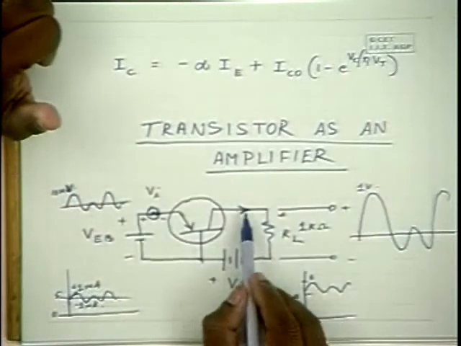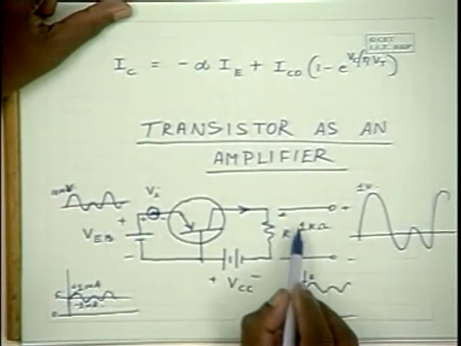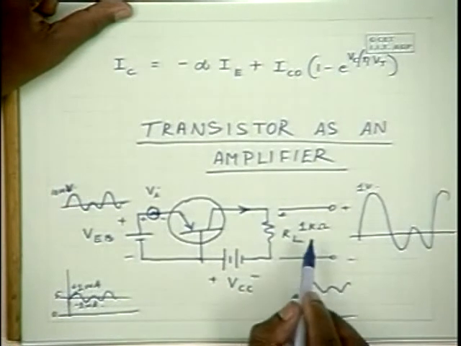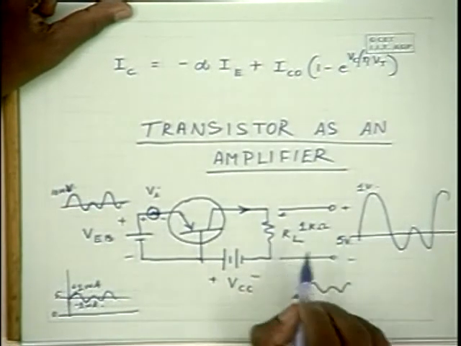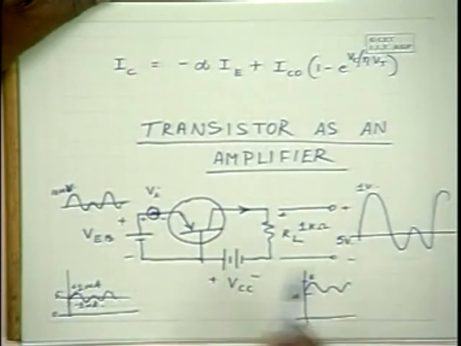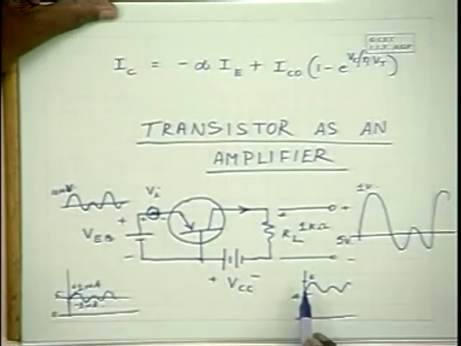So that is approximately 5 milliamperes, and dropping across this 1 kilo ohm resistance, you will find 5 volts at the output of RL. Now when this alternating component is introduced into the collector current,